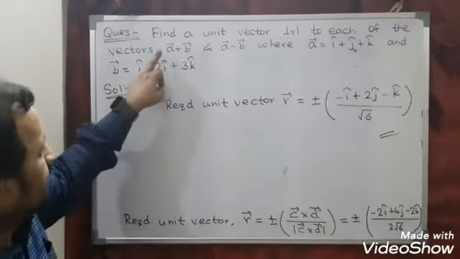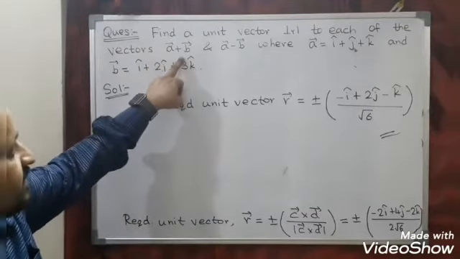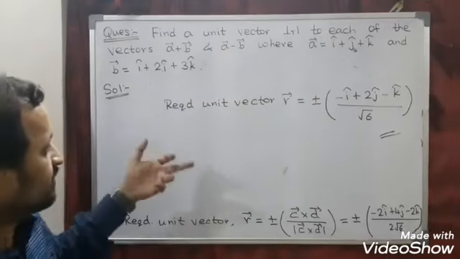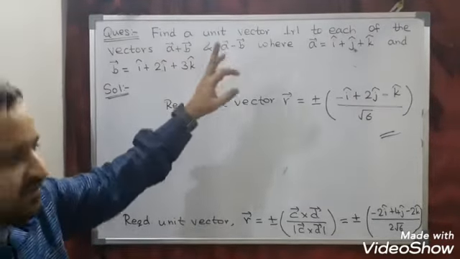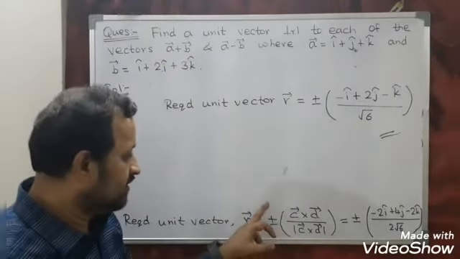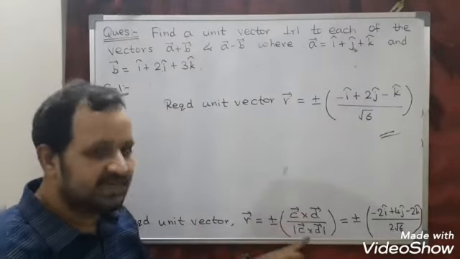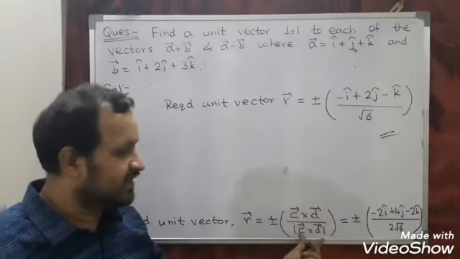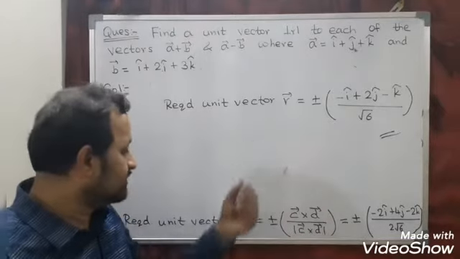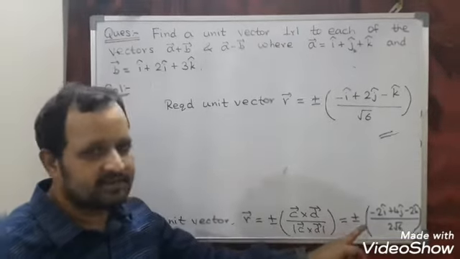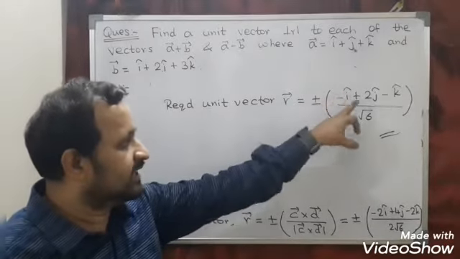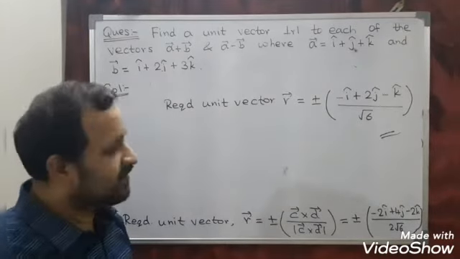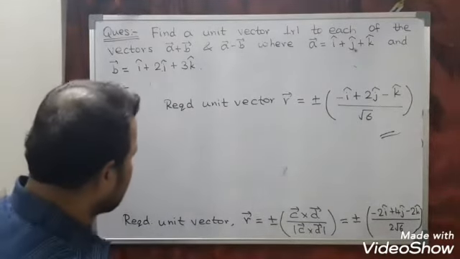So same, let C vector be equal to A plus B vector, D vector equal to A minus B vector. Take the cross product, C vector cross D vector. The formula is plus minus C cross D divided by magnitude of C cross D. So find C cross D, after that find the magnitude of C cross D. Put those values in this formula, you will get the required answer. If you want, you can take the plus inside and the minus also inside. I hope it is clear. Let us see one more similar question based on this.